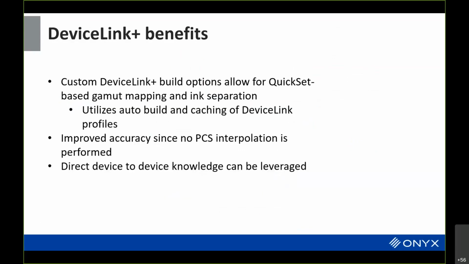Okay, so let's talk a little bit about the case in here. The device link plus benefits include, basically, when you create custom device link build options, let's go back up here. You can create device link build options to allow quick-set based gamut mapping and ink separation, which I mentioned. This basically utilizes the auto build and caching of the device link profiles. There's improved accuracy since there's no PCS interpolation being performed, and we can leverage the direct device-to-device knowledge when we're actually going from, you know, a white to